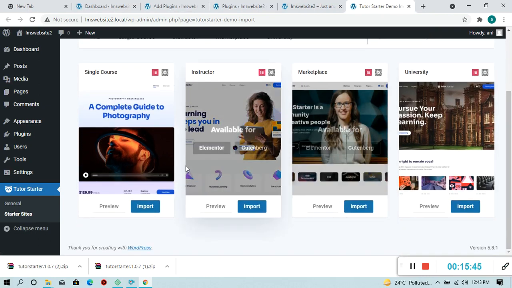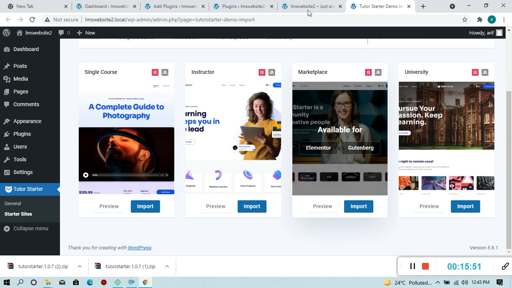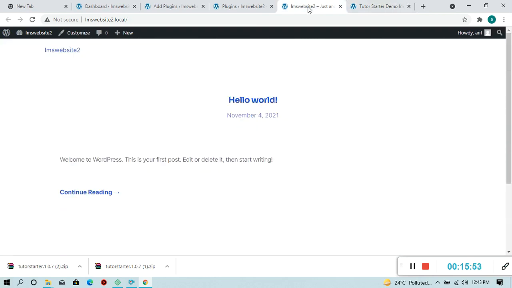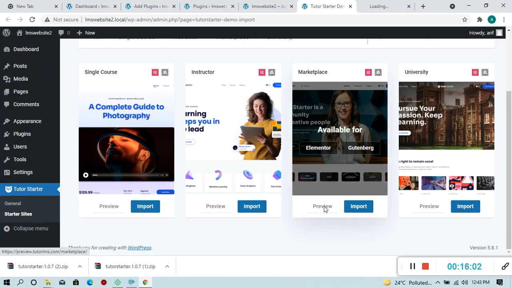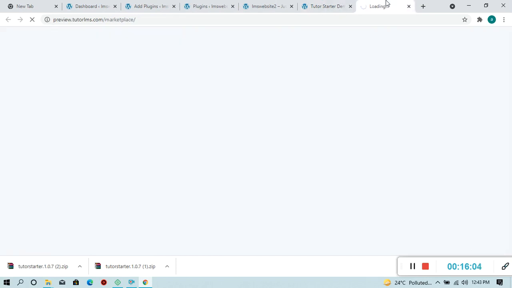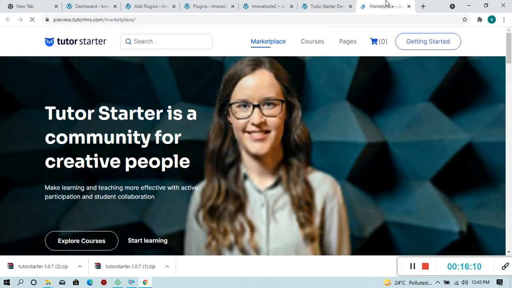So these are the default four themes, and if you want to import the content directly into the website, now you can see there is nothing in the website, but if you import this, then you don't have to create pages, you don't have to create posts, you don't have to put any images. So this is the demo of how this website looks.